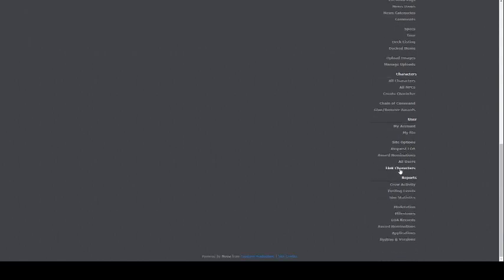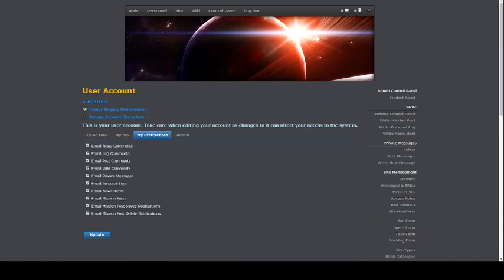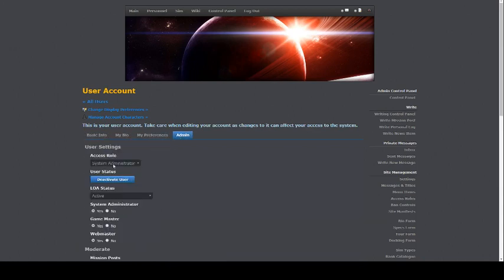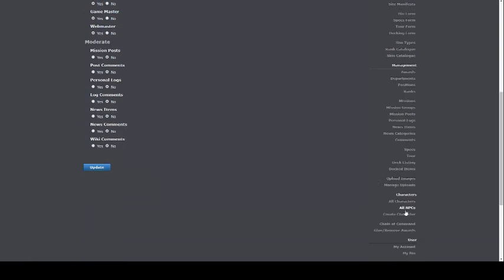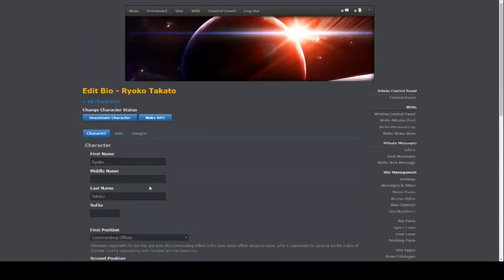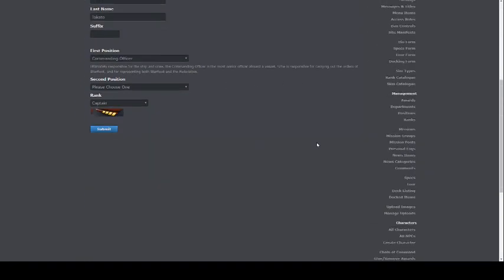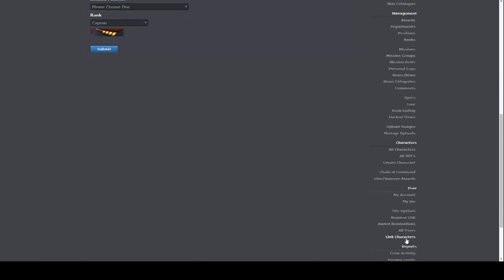Now we go towards the user page, and that would be your own account here. As you can see, I got a system administrator. You got the my bio section that is pretty much focused on my character, nothing else. Let's see, you got the site options, already explored that one. And the request LOA,